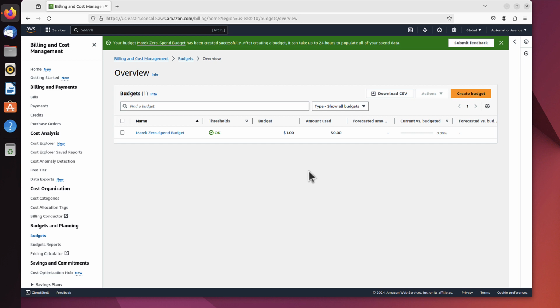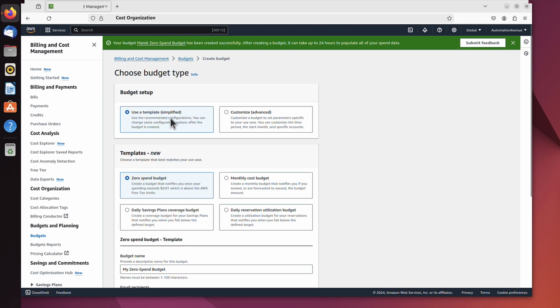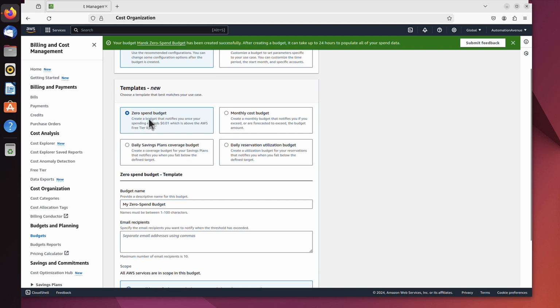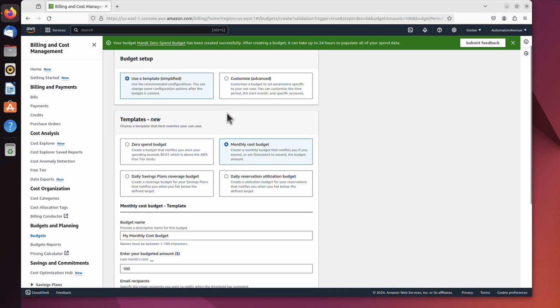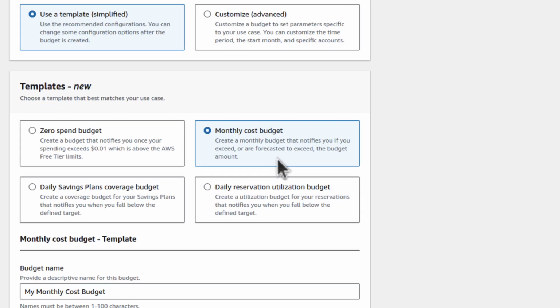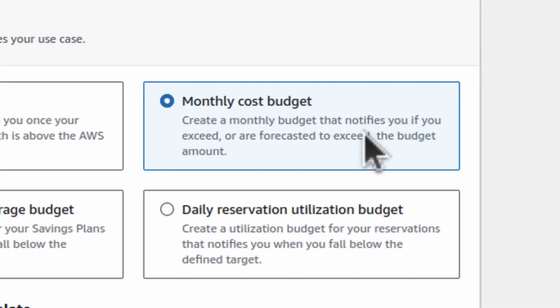But maybe we want to create another budget. What if we want to sometimes use some services, but we don't want to exceed $10 a month? We can create another budget and set the threshold to that. So let's click Create Budget. We'll leave it as a simplified template, which is much easier. Now we will change from Zero spend budget to Monthly cost budget. What's interesting about it is that it notifies you if you exceed or are forecasted to exceed the budget amount.